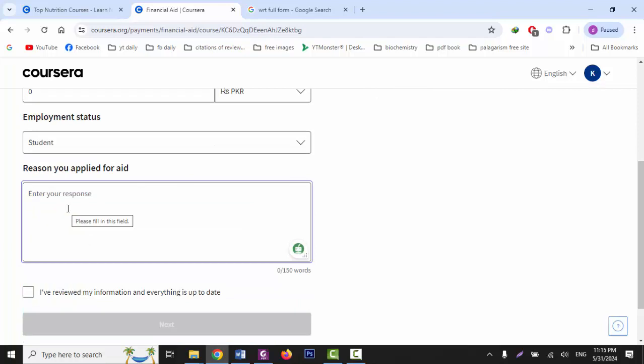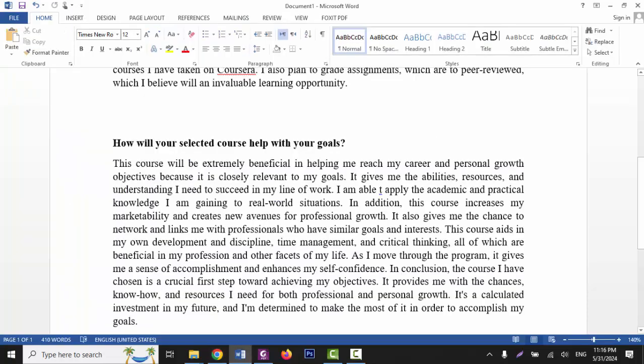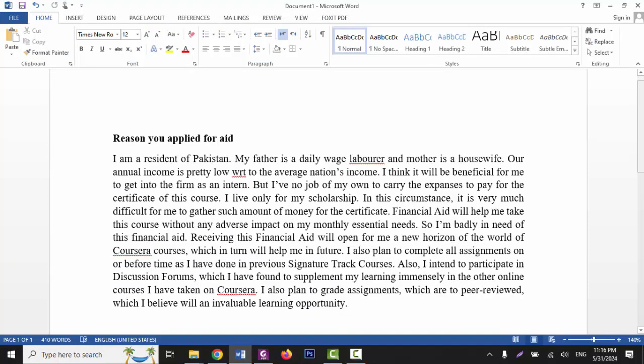So this is the main step in this procedure. Come to the point, what you have to write in this section. Dear student, this is the main section. For this section, I have already written a paragraph. You can see it on my Word. You can change or alter the text according to your profile. While writing an application for financial aid, you have to show yourself as a genuine and needy person. Then you will get approved. Otherwise, your application will get rejected. So keep all these things in your mind.